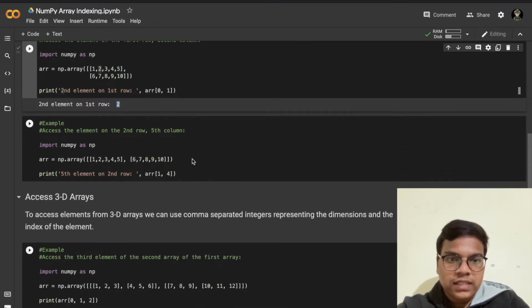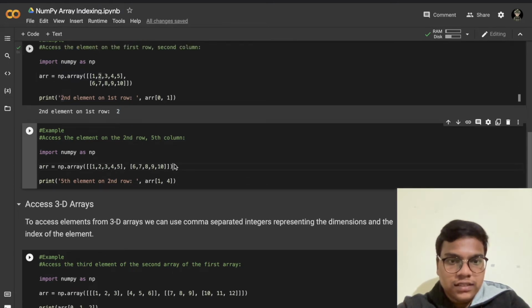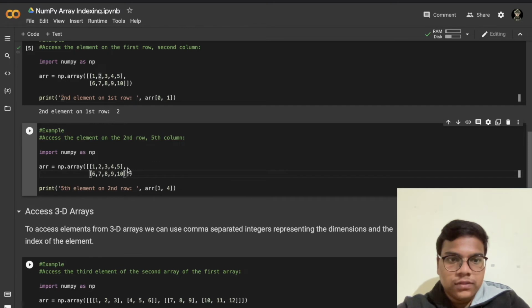Here is another example of a two-dimensional array. As you can see, we are accessing the fifth element on the second row. So 0 means first row, 1 means second row. As you can see here, this thing represents rows, and this one the index of that particular element.